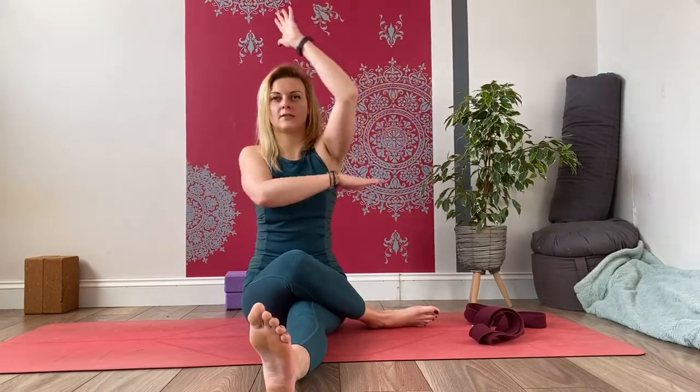So extend your left leg out. And your right leg is being bent. And now walk your foot to the side. And see if you can get that right knee over your left knee. So we had the left hand going down, so now it's our right hand going down, left hand is up,